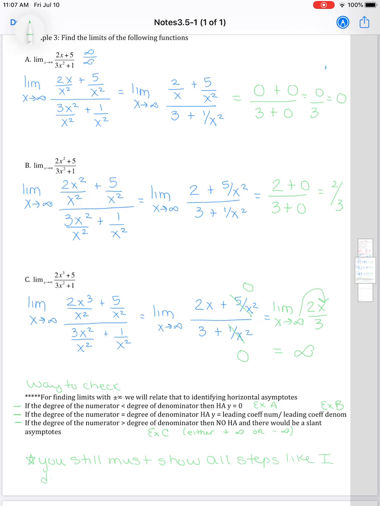Show all steps like I did above. The nice part is, for many of these questions, you can just look at it and you already know what the answer is. So after doing all of the work, then just make sure that you double check that they do actually match up. But do not use this as the means of how you're determining it, because I will not be giving you any